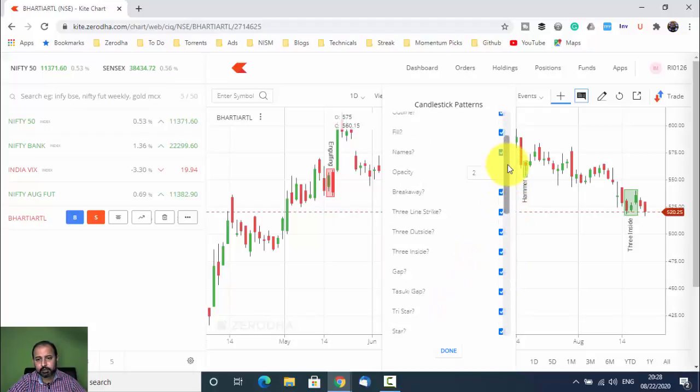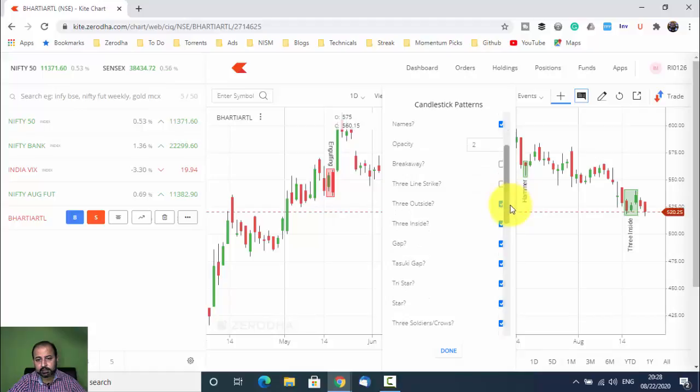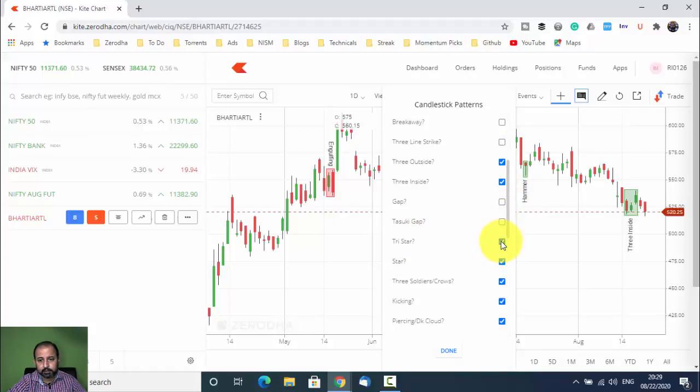Here I do not want all these things, so I am removing a few of them. I am removing breakaway, I am removing 3 line strike, I am keeping 3 outside, 3 inside, then gap, Tasuki gap, tri-star, star, and 3 solitary crows.